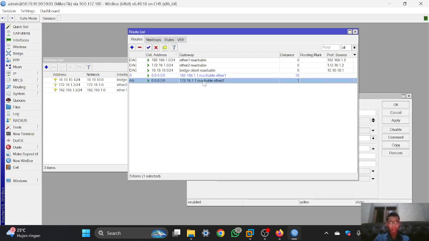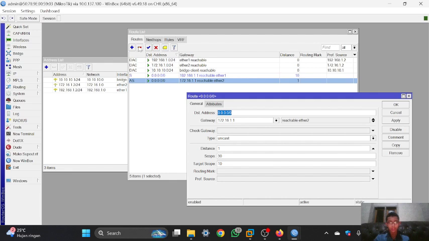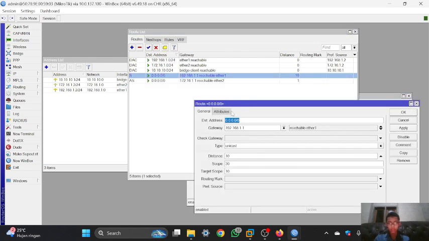You can click some of the routing information, and then there is check gateway, and then you can click ping, then you can click apply, and after that you can set it in the ESP2, ESP1 ping, then you can click apply.